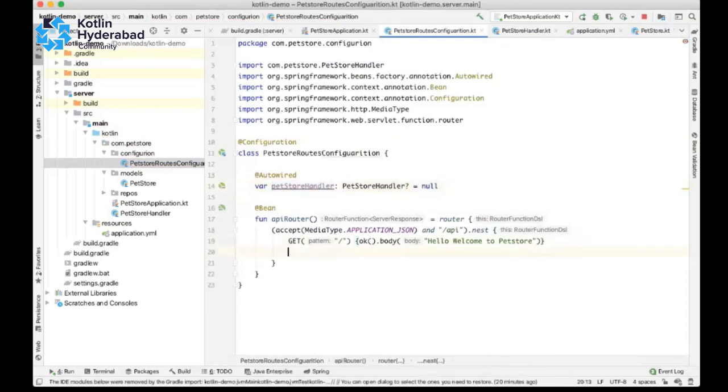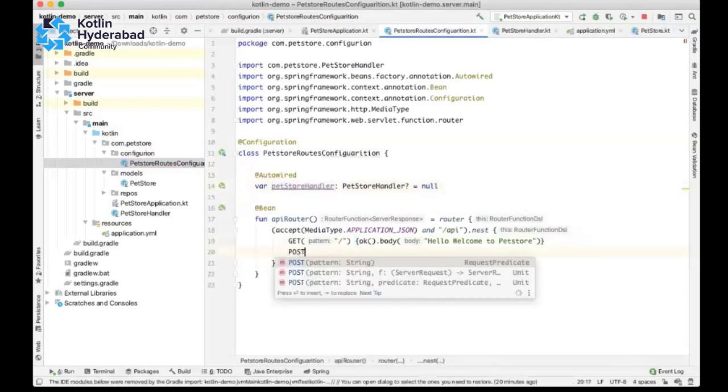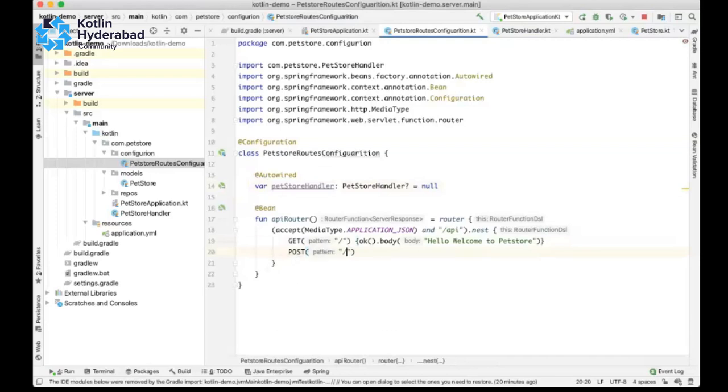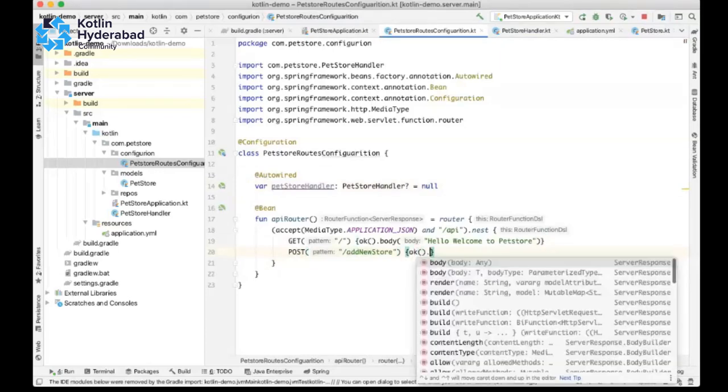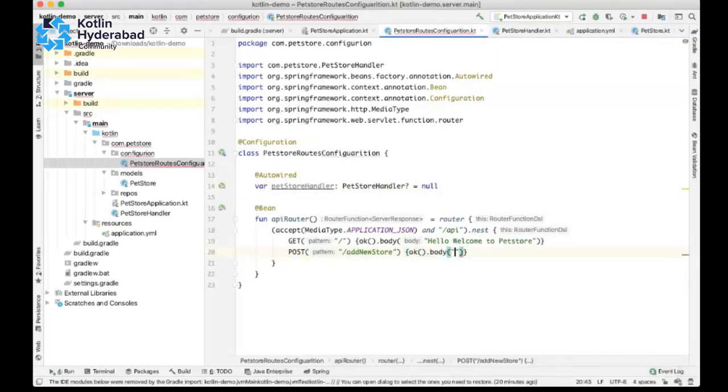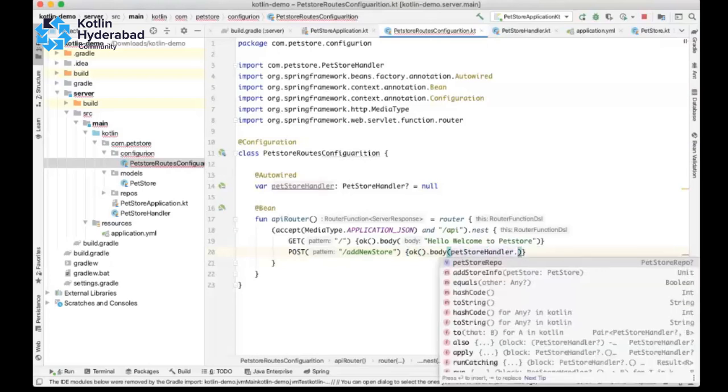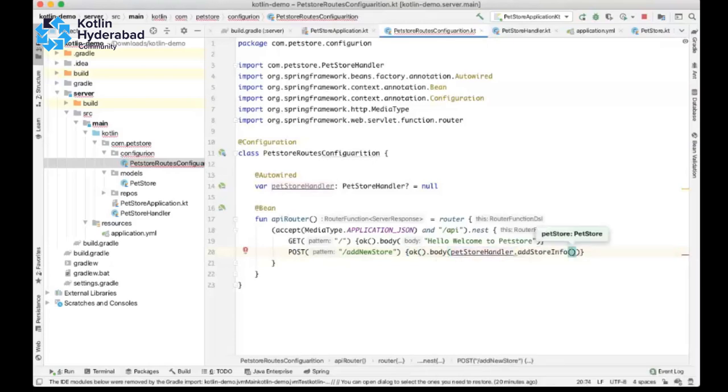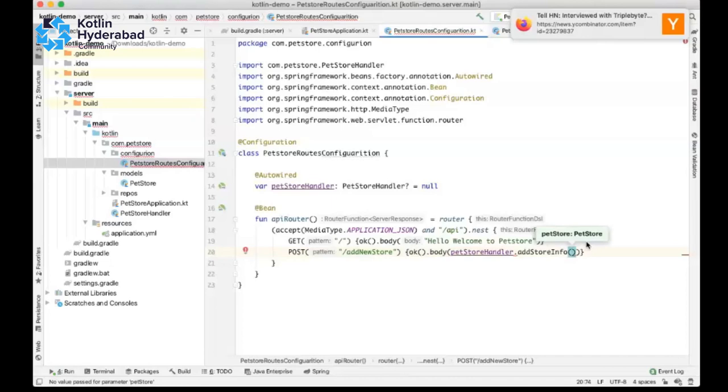So we are going to accept the post here. Post, add new store. Add pet store handler dot add store. So you might be thinking, how can I get the user object here?